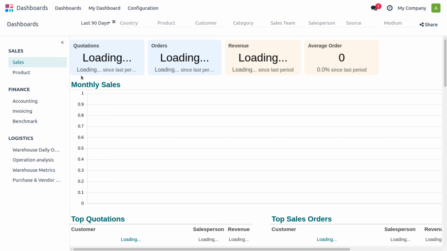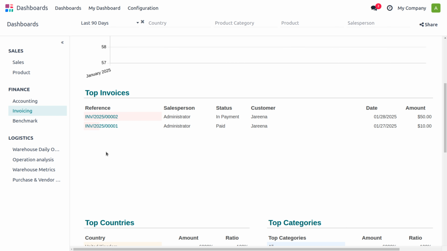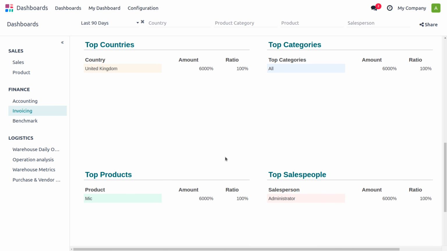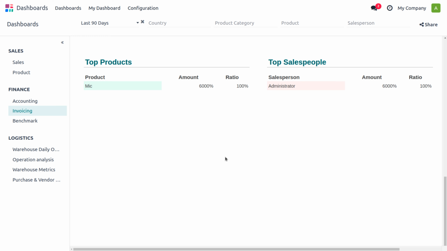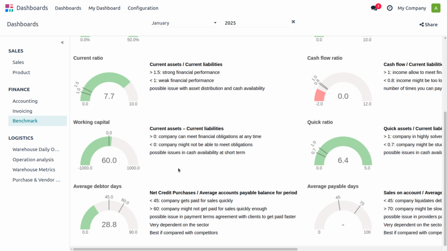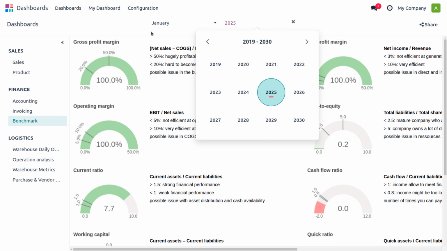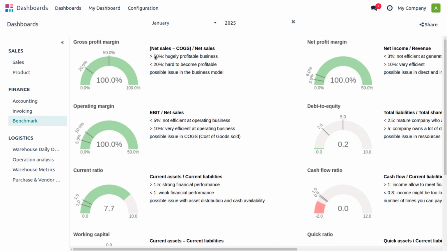Now let's move on to the dashboard and let's find the difference, what change has taken place under there. Now here you can see that the status is just into in payment, and after reconciliation only, the payments will be moving to the bank, and it's clear over here. Now, if you want to find the benchmark, you can also easily get the benchmark. So there are different benchmarks like the gross profit margin, then the net profit margin and all. So if you want to get everything, you can easily get that. So here that shows how the benchmark is affecting and all.